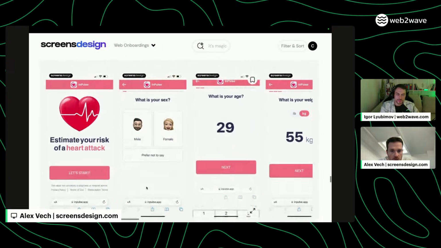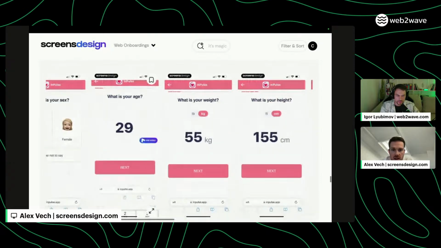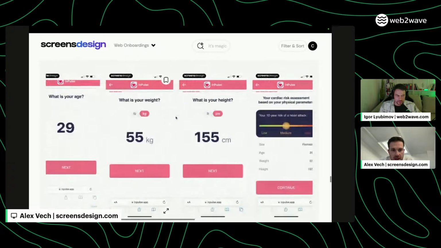So also the domain name, interesting that they use the .app, so you know that you're actually going to be onboarded inside an app. What's your age? Then you put your age. What's your weight? Super easy. Again,